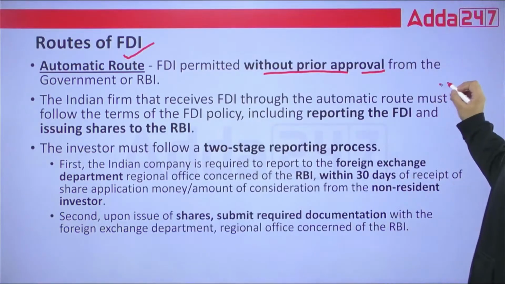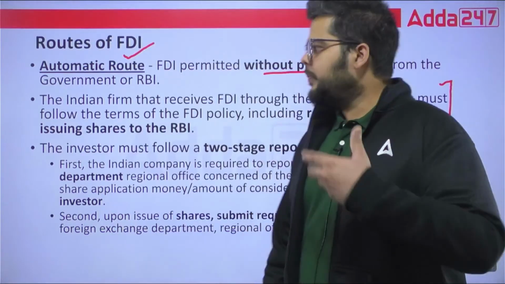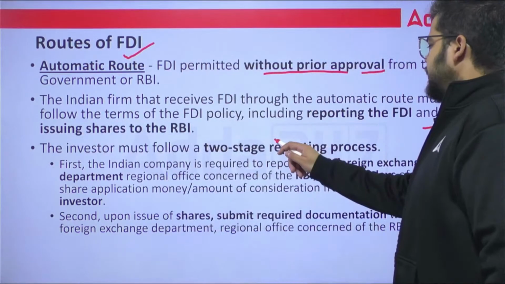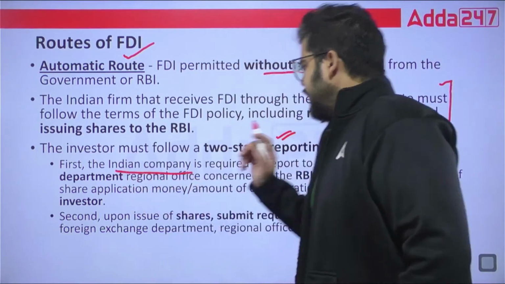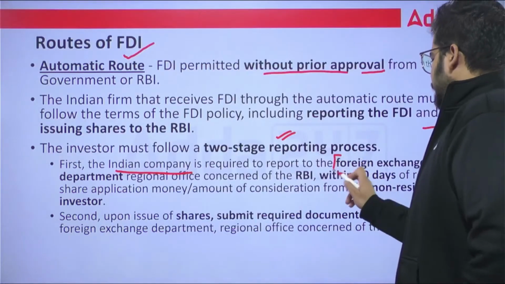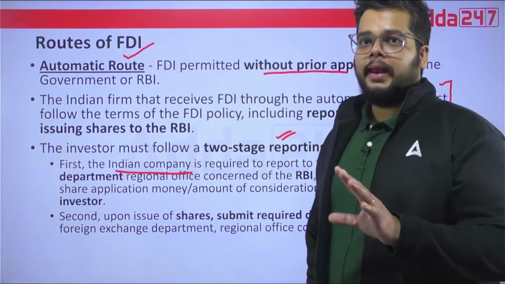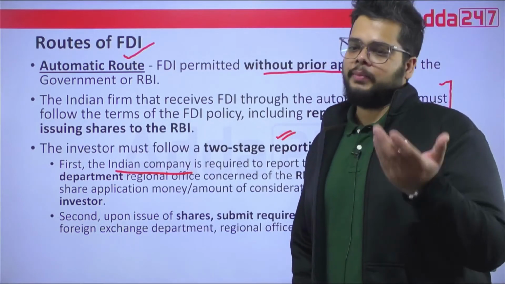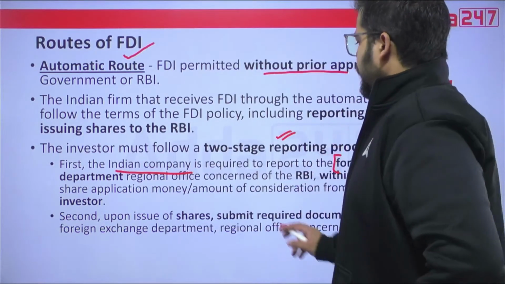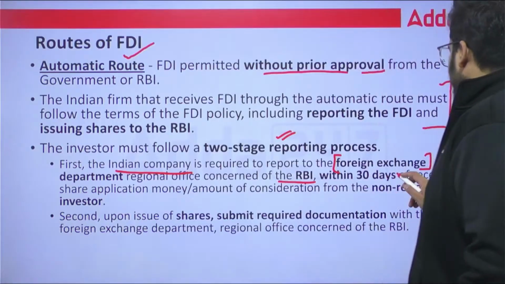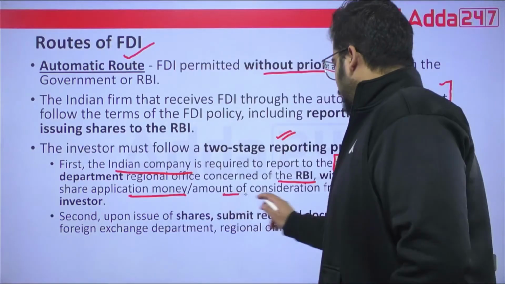And when I talk about the reporting mechanism, how the reporting is done, the investor will be following a 2-stage reporting process. How? First of all, the Indian company is required to report to the Foreign Exchange Department of the regional office of the RBI. Like in Gujarat, the regional office will be Ahmedabad. In Tamil Nadu, the regional office will be in Chennai, like that. Concerned of the RBI within 30 days of the receipt of share application money or the amount of consideration from